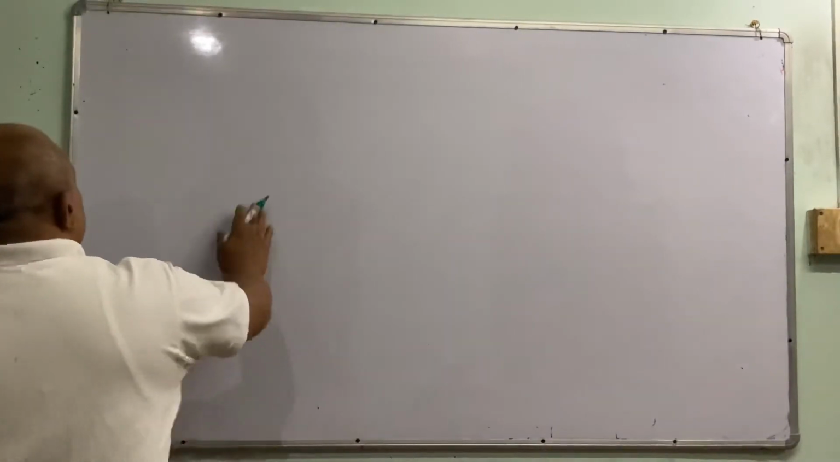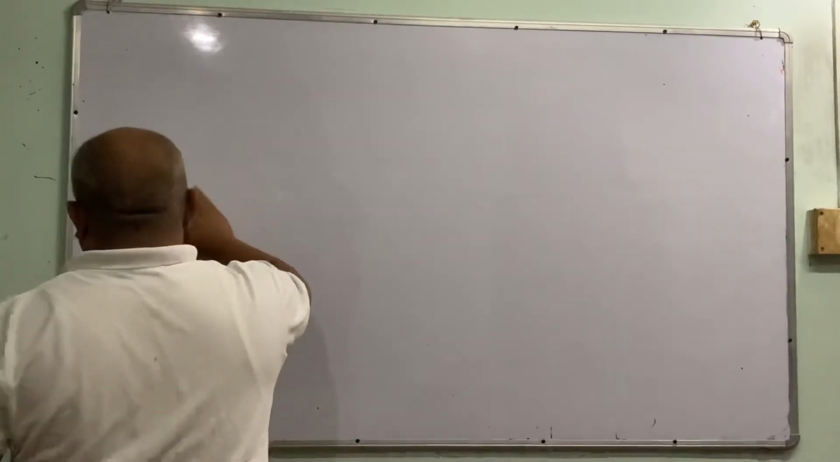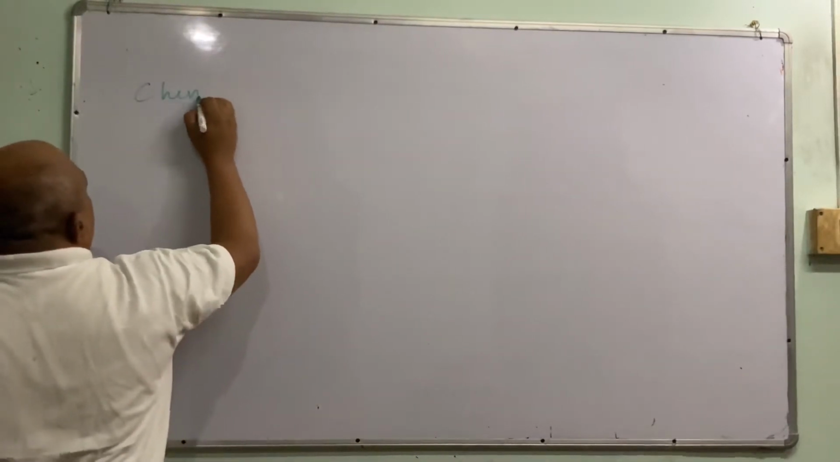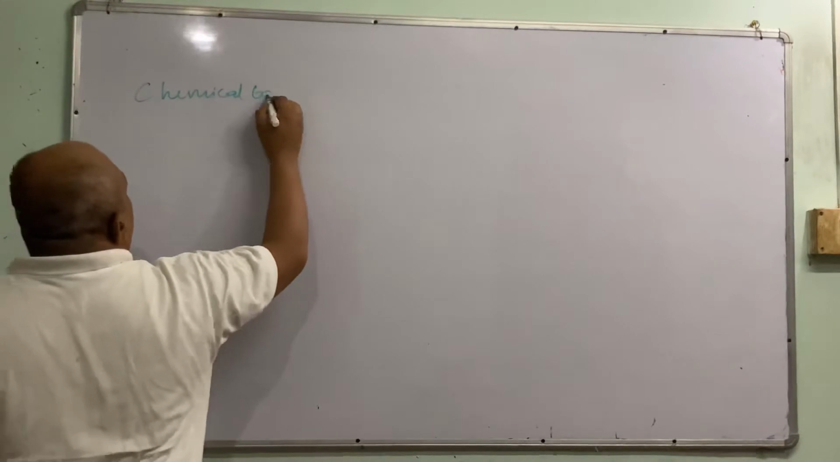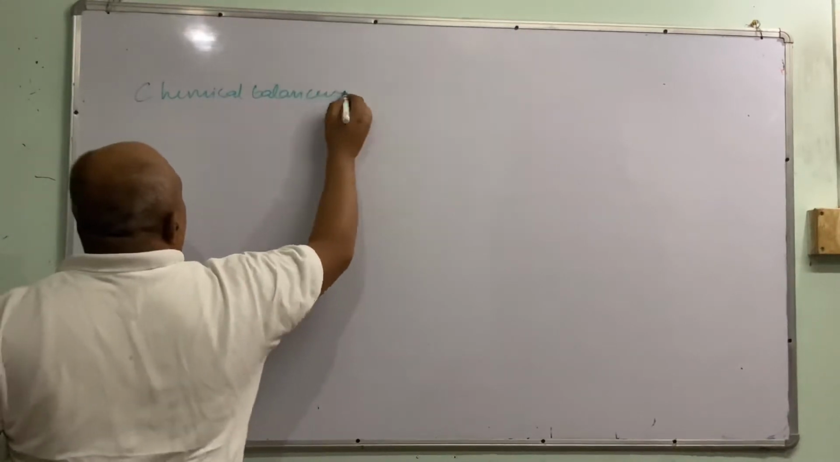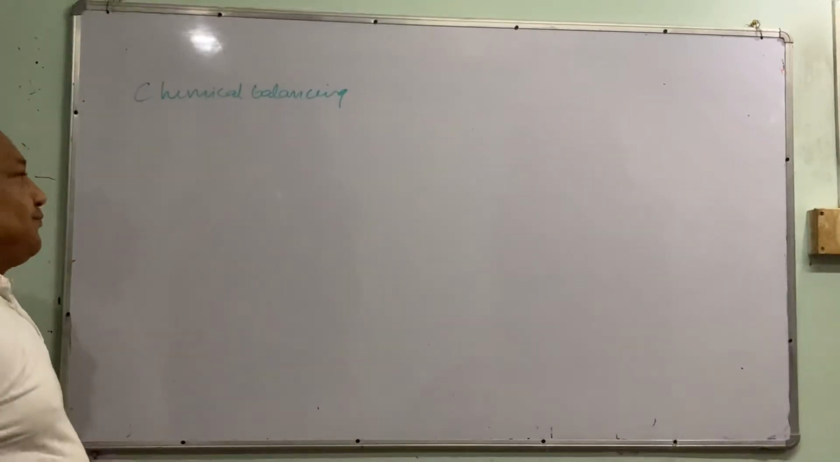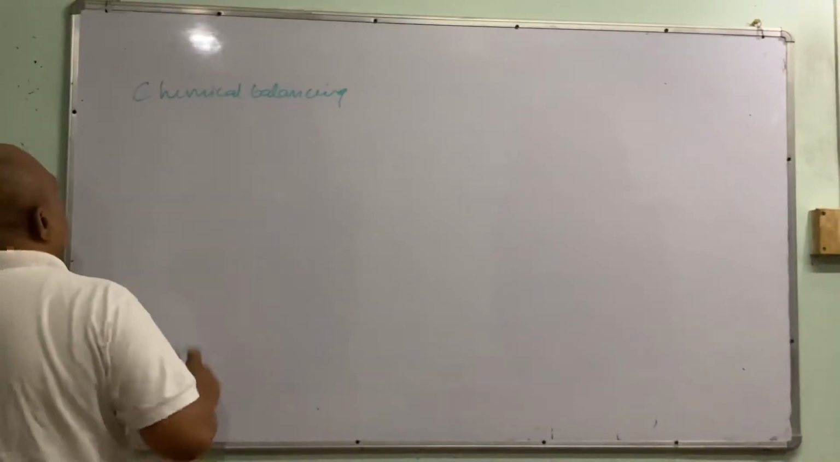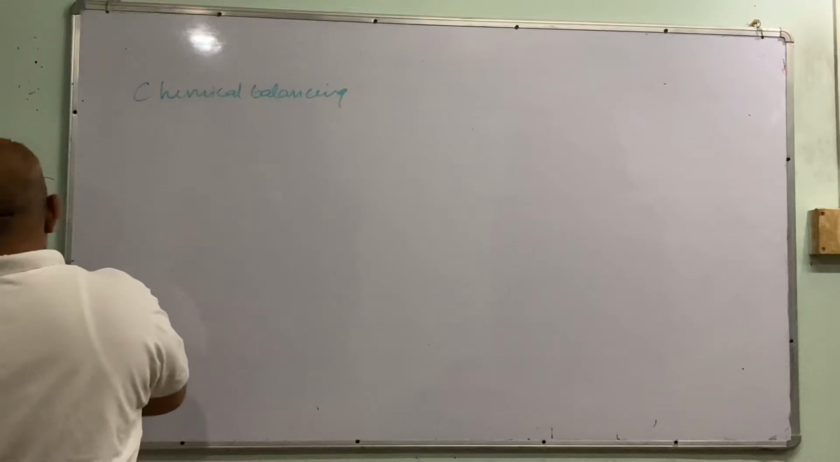So now is balancing the chemical equation. This is chemical balancing. I'll do only one example, step by step. The first thing, before that, there is something called